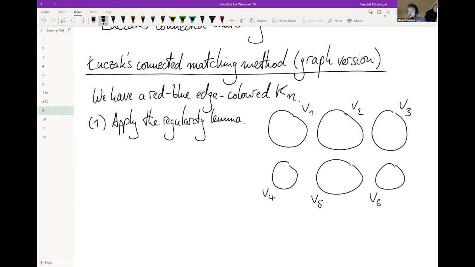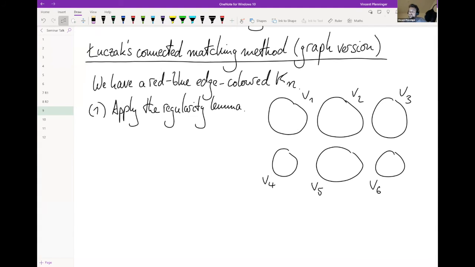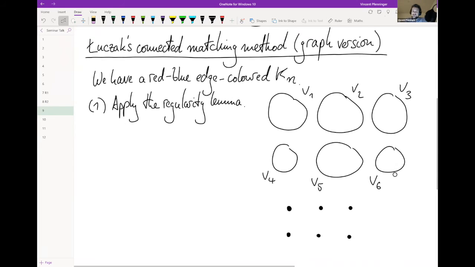Okay, and then along with this partition also goes what is called the reduced graph. In the reduced graph, you have one vertex for each cluster in the partition. And then if a pair of clusters is regular, then you have an edge in the reduced graph. So if V1, V4 is regular, then you would have an edge here. So 1, 2,